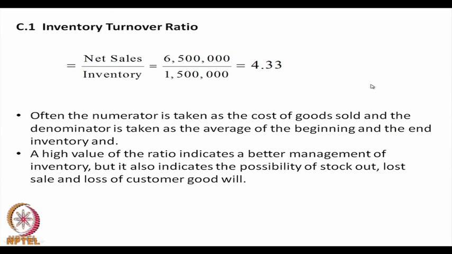First, the inventory turnover ratio. Basically, it finds out in a year how much sales you have made and how much inventory you are holding on an average. Of course, this ratio means that so many times the inventory has turned over. If you have sold 6.5 million rupees and if you are holding 1.5 million rupees worth of inventory on an average, it means that to be able to make this sale, the inventory has turned over 4 times, that is the meaning. So, close to 4.33,